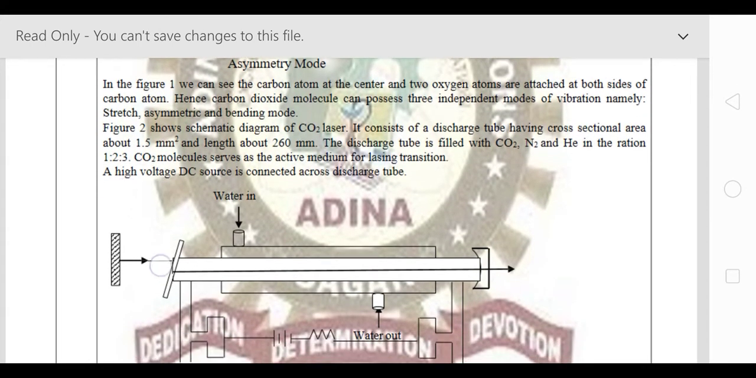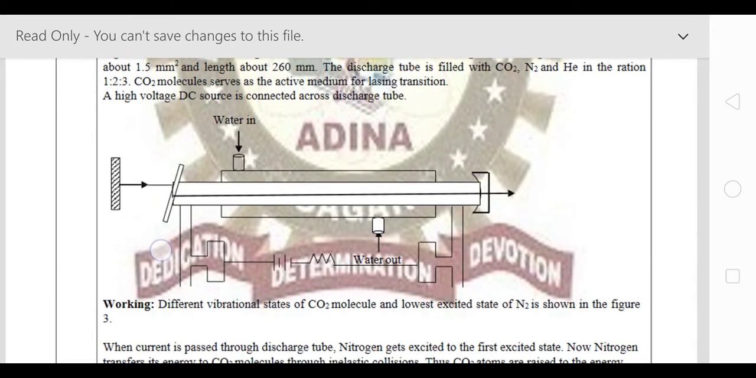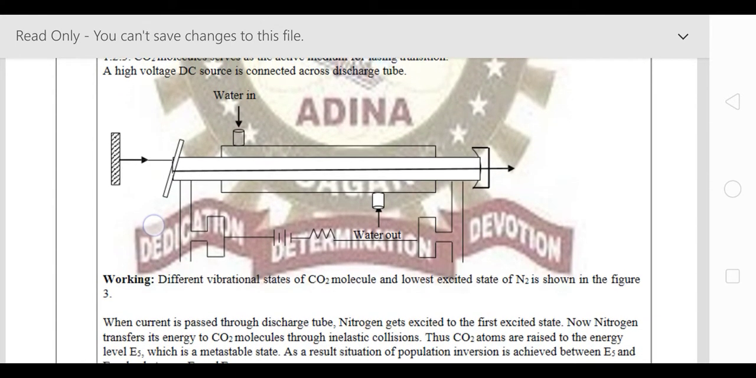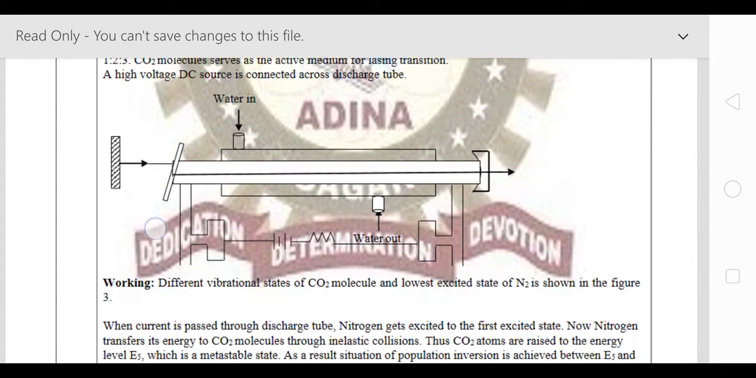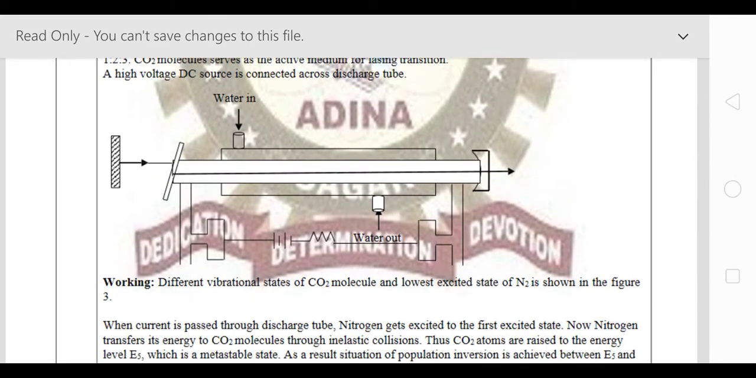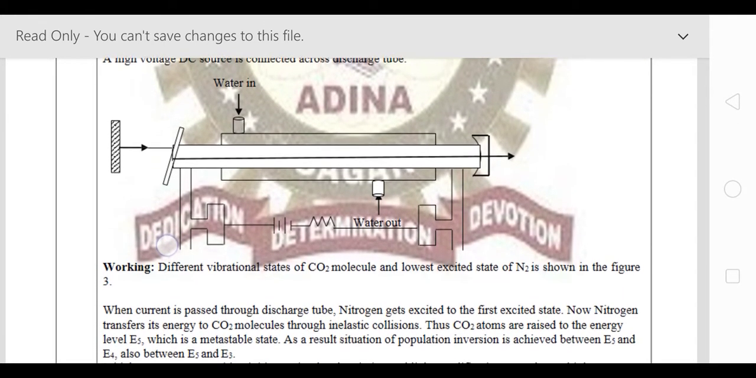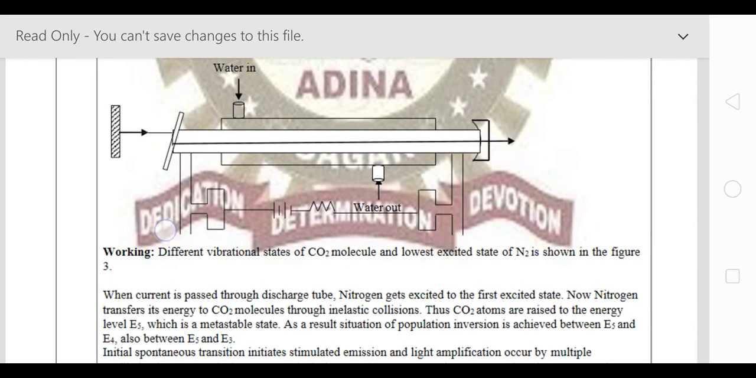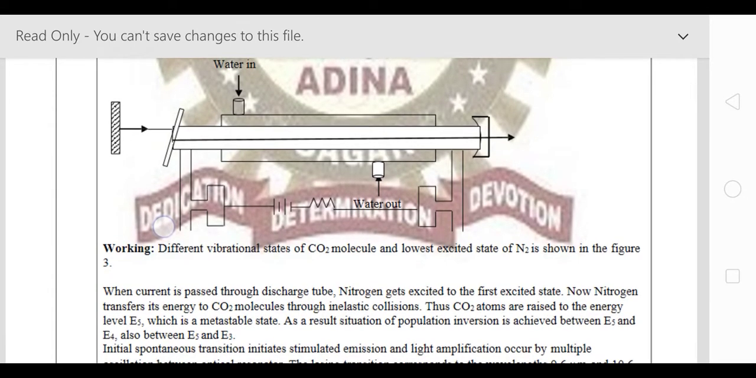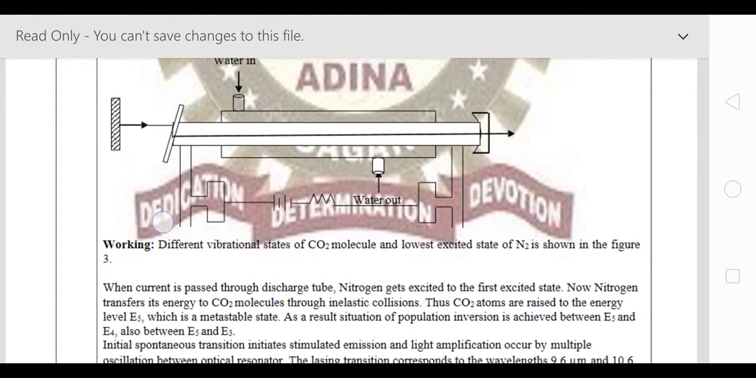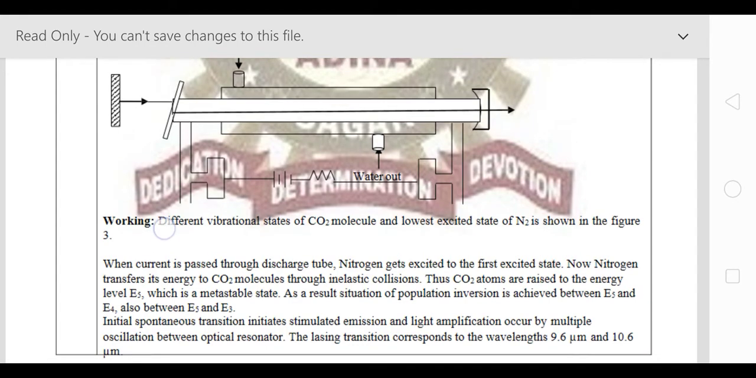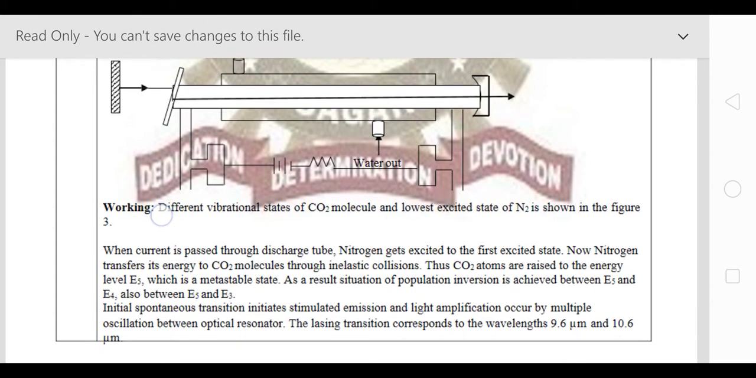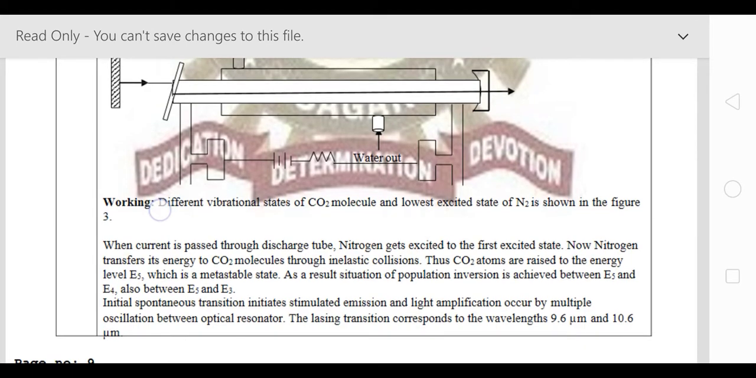So the construction of the carbon dioxide laser: the carbon dioxide laser consists of a discharge tube of cross sectional area about 1.5 mm square, and length about 250 mm. The discharge tube is filled with a mixture of carbon dioxide, nitrogen gas and helium gas in a ratio of 1:2:3, and some water vapor is also added to the discharge tube